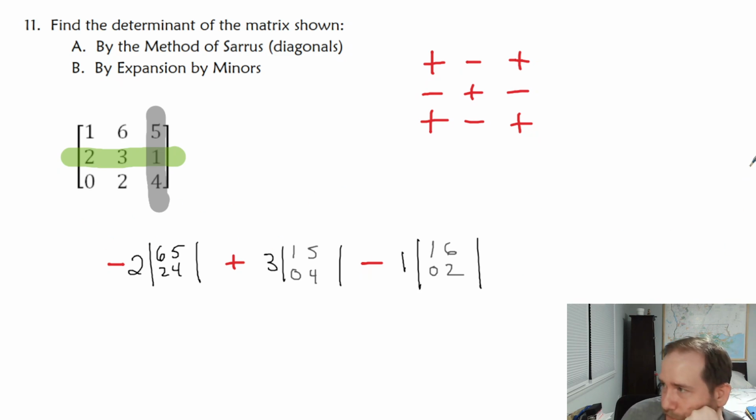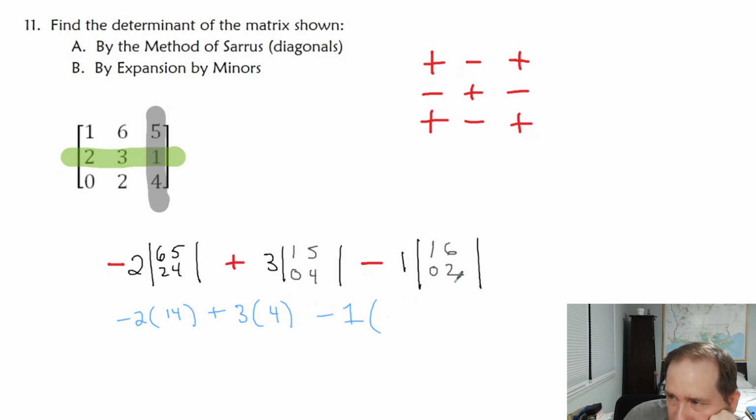So now we have everything we need. Now we can do this. We're looking at negative 2 times this determinant, which is 24 take away 10, so 14. Then we're going to add 3 times 4 take away nothing, which is 4. Then we're going to subtract 1 times 2 take away nothing, which is 2. So we're looking at negative 28 plus 12 take away 2. So that's negative 16 take away 2. That's